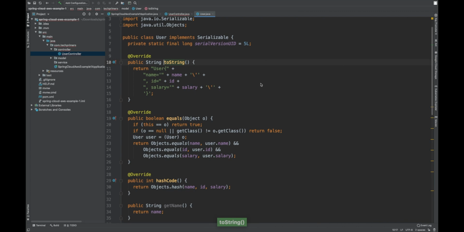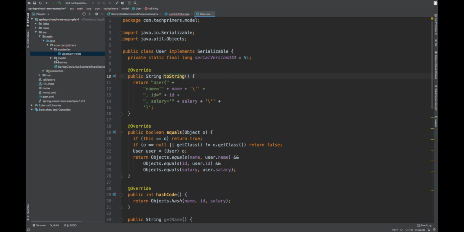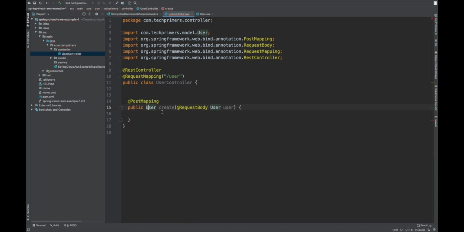So I just created equals, string, hash code, all my getters, setters, variables, etc. Right, which is the default stuff. Obviously, I can use Lombok. I'm just not using it here right now. So let me import. Okay, so this is imported because by default it's in the same project. So let me create, and then we can add a log statement